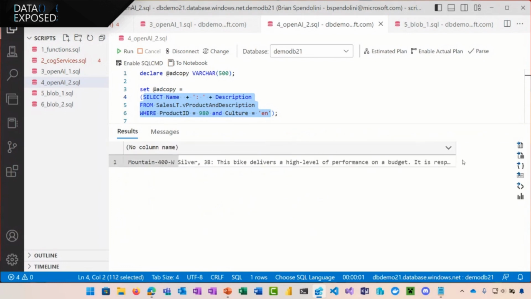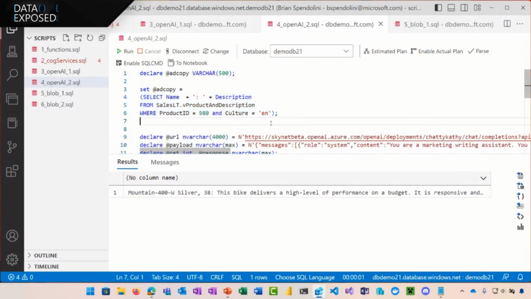And it is a mountain bike, and it just says this is a mountain bike that delivers high level performance on a budget, et cetera, et cetera. Just a very simple description there. So if we run this whole thing,